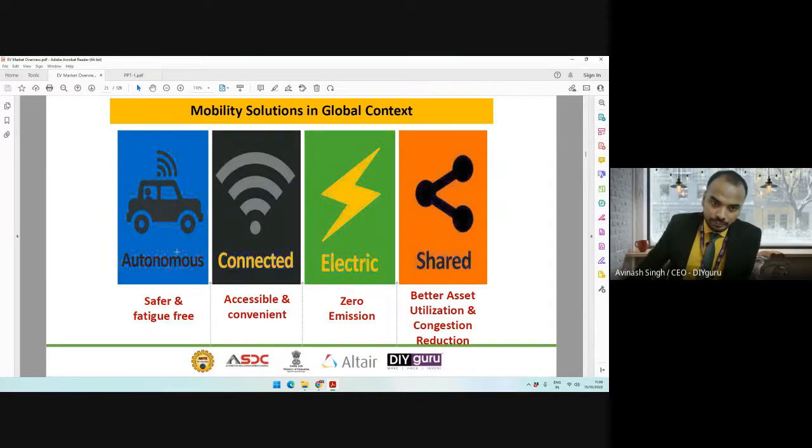If you take a report from Boston Consulting, if you take a report from KPMG, if you take these consulting players, what they do is they predict what will be the outcome in next 10 years, 15 years, and based on that, industry, for somebody, let's say I have done my MBA,